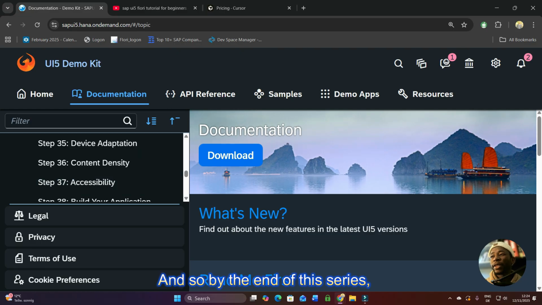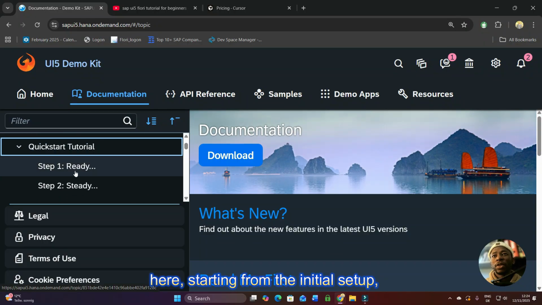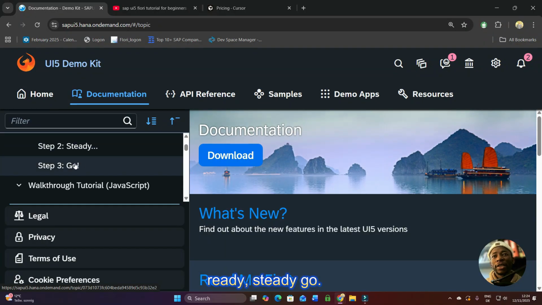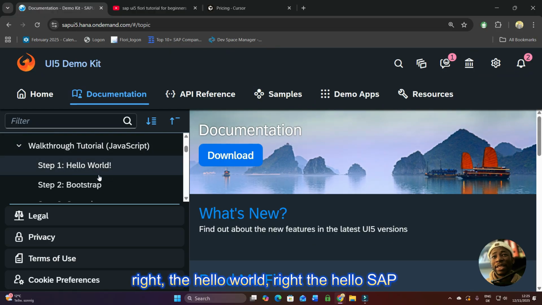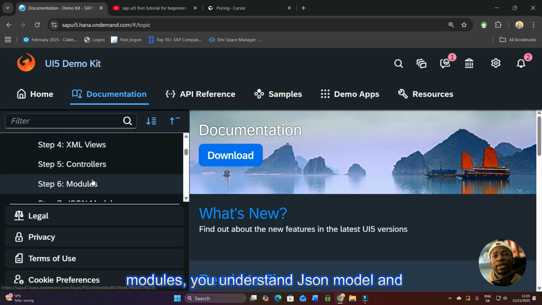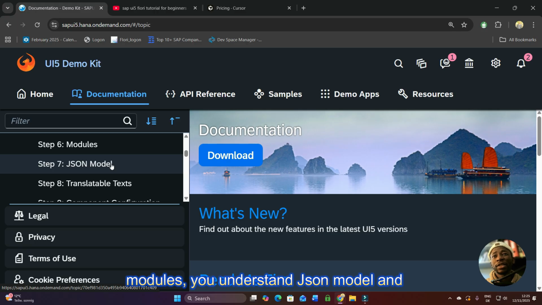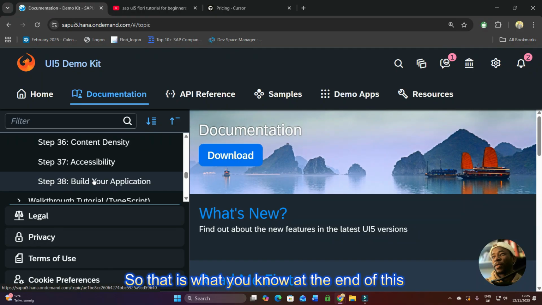And so by the end of this series, we are going to go through all these topics here, starting from the initial setup, which is Ready, Steady, Go, and then we go through the walkthrough: write the Hello World, write the Hello SAP UI5, do bootstrap, XML views, controllers, you understand modules, you understand JSON model, and all the way down to building your application. So that is what you'll know at the end of this series. You will build your own SAP UI5 application with components, with views, with controllers, with data binding, models, with routing,